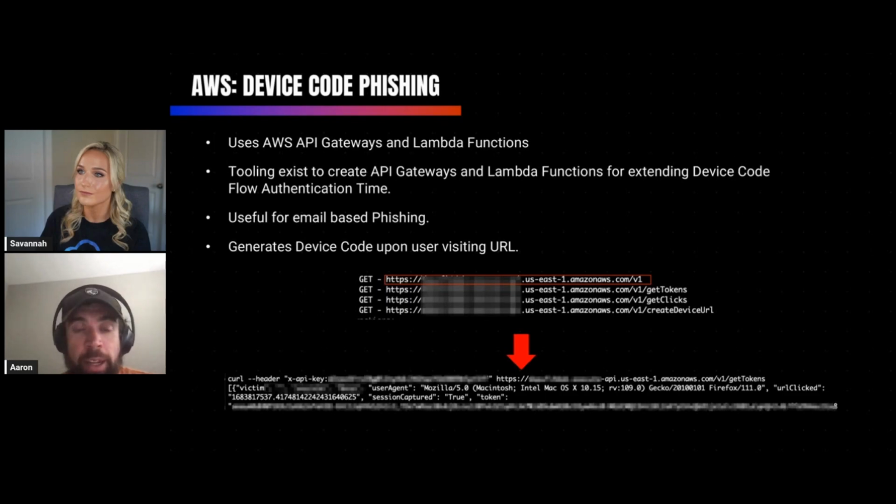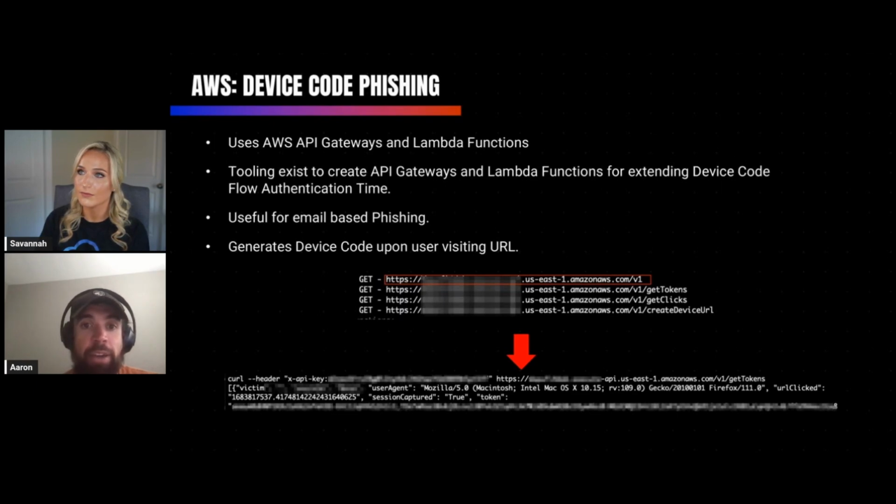Continuing on with AWS device code phishing, this is a pretty neat tool that can be used to bypass that 900-second interval. So your device code will no longer be only accessible for that amount of time.